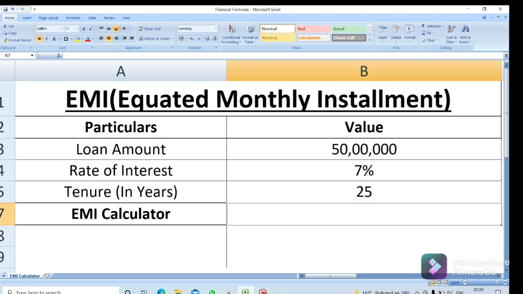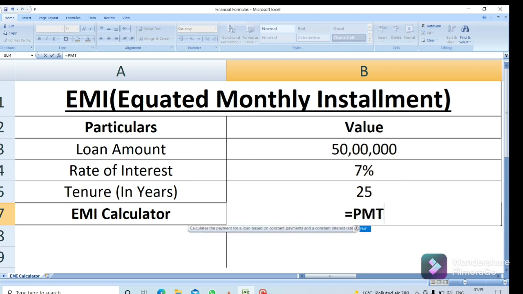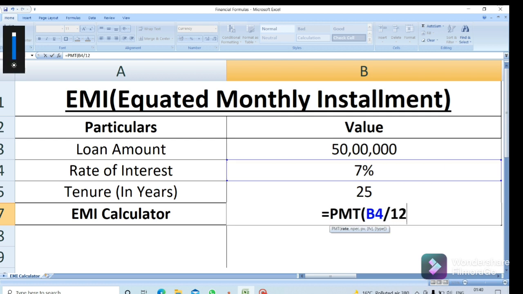So now with a function in Excel I can come to know how much EMI I need to pay on a monthly basis. What I need to do is use one function, and that function is known as PMT. Yes, PMT is the name of the function, and after entering this function I will be inputting certain variables. First of all, I need to enter the rate of interest, and since the rate of interest is on a per annum basis, I need to divide it by 12 so that it gives me the rate of interest on a monthly basis.